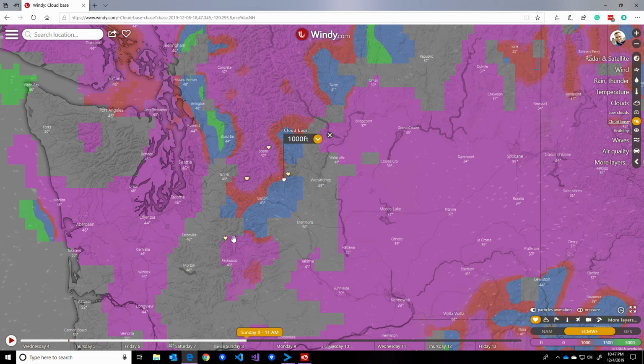But it is something you can look at. It's also something you could see on that Meteogram, but it basically says, hey, what's the base height of the clouds? And so 1,000 feet in Teanaway means, yeah,